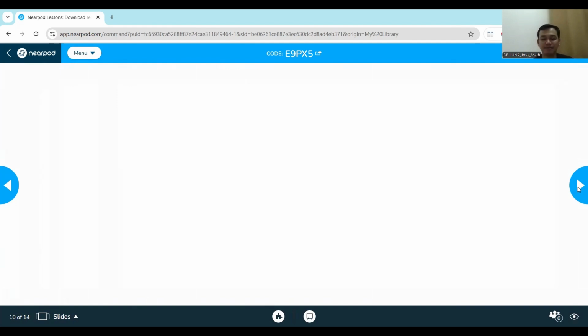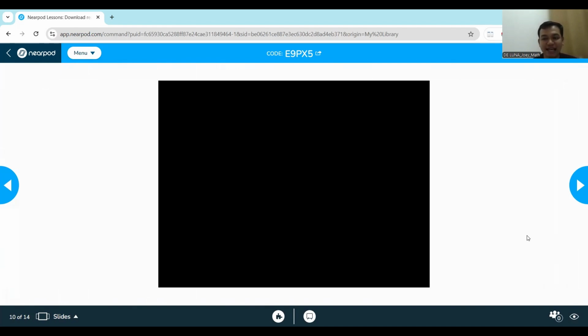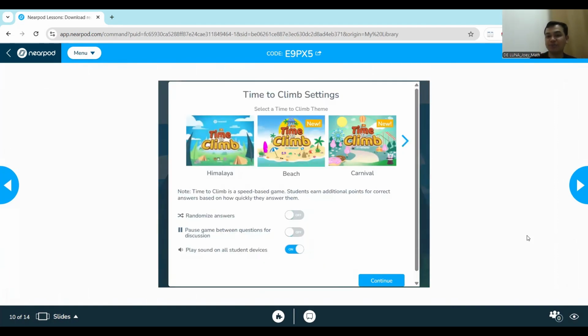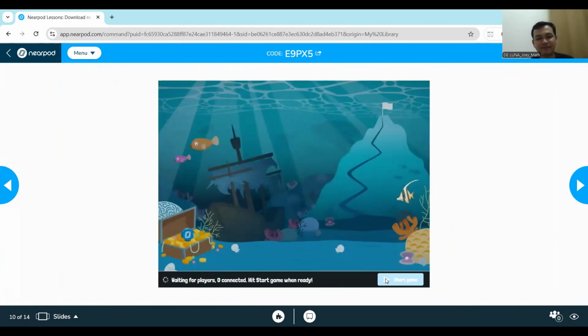Now, to sum up everything about the forms of linear equation, there is an activity to check if all of you already understand the forms of linear equation. All right, so you may now start playing this activity. Time to climb. Very good, Ryan. Come up as the first one to reach the top. All right, so all of you are very good.